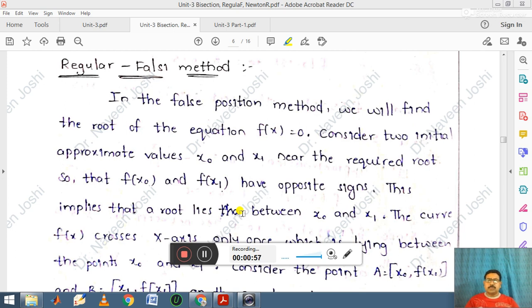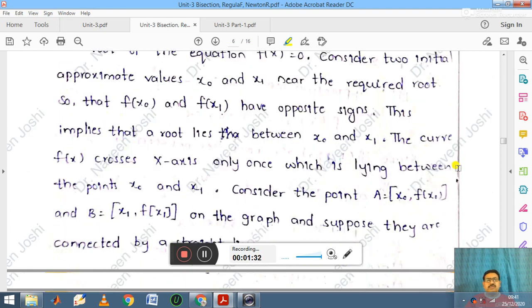Suppose you are finding the root of an equation by the bisection method. To match at least 2 or 3 digits after the decimal point, you usually need to go to the 11th or 12th iteration or so. But if you use the Regula-Falsi method for the same equation, within the 5th or 6th iteration you can match more digits. So this is one advantage of the Regula-Falsi method, and here we use points as well as functional values.